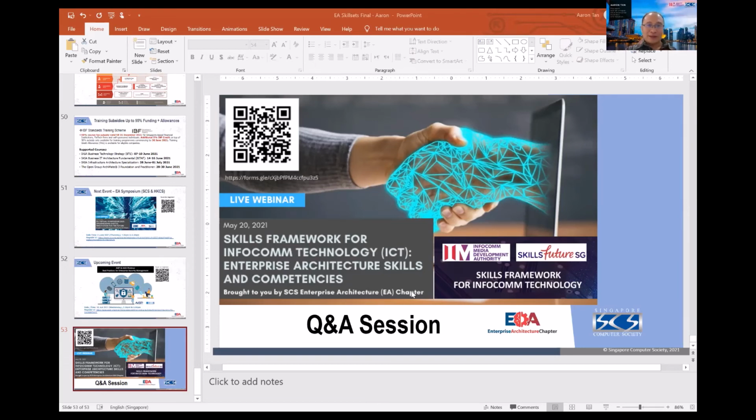What they call it, the enterprise architecture office, right? So everyone is doing a different part. It's like one body. You got the hand, the leg, the eyes, the ear. So everyone plays a different role. And the role, fortunately, has been well defined in this skill framework. You just open it up and you can see it. So no overlapping. Everyone aligns in the choir, like you got 1,000 musicians all playing the same song in harmony.